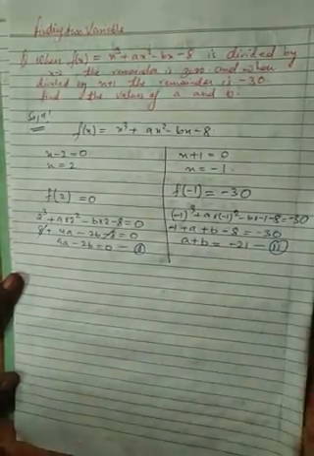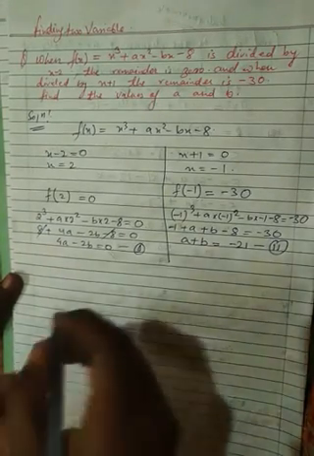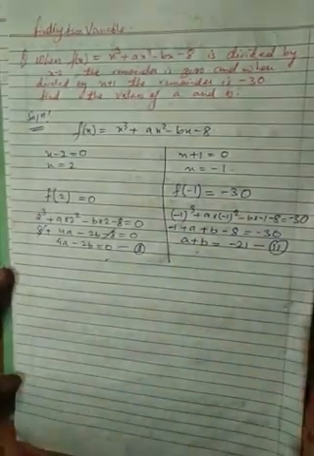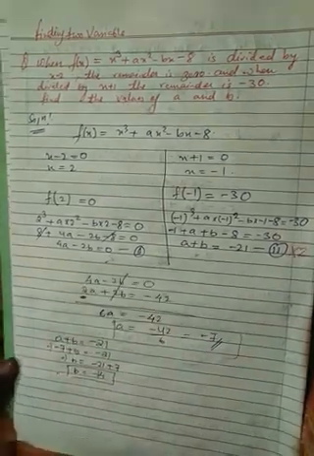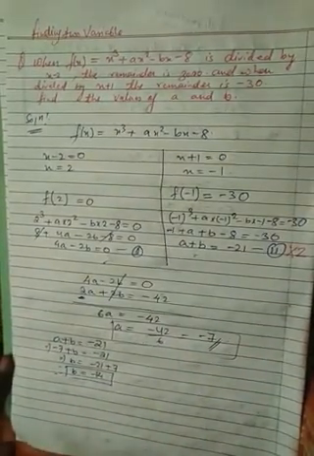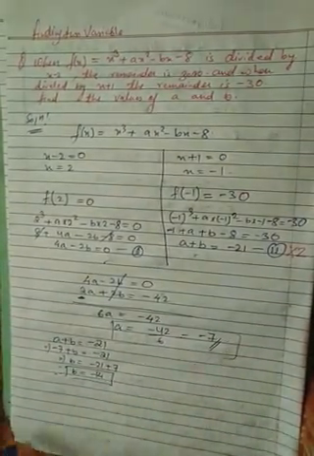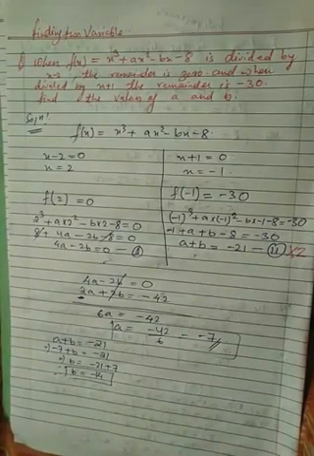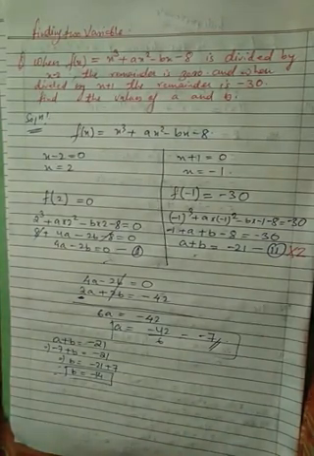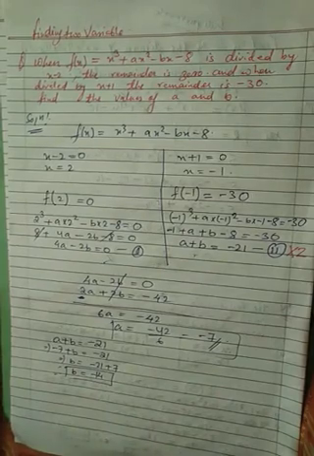Clear? If we solve this further, we have to solve simultaneous equations. You know how to solve simultaneous equations. So we solve the simultaneous equations, we get what? A value is minus 7 and b value is minus 14. How to solve simultaneous equations you have done already in class 9. Clear? Okay, the next question we'll solve now.